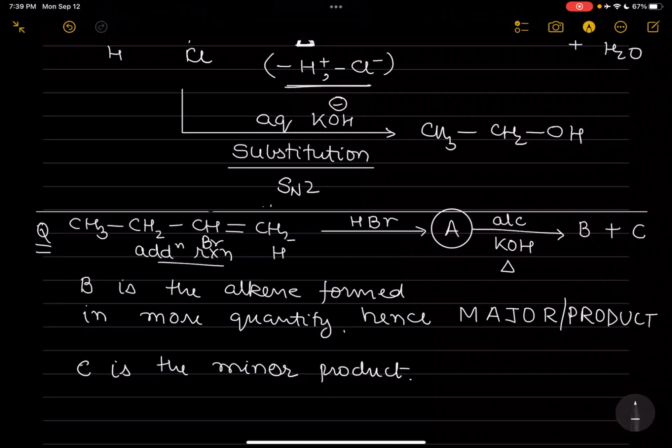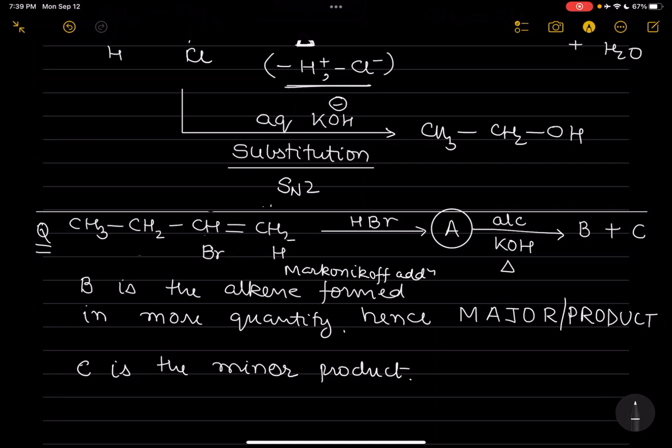So Ryan, Anushka and Imad, under which name does this rule come? Sir, Markovnikov. Yeah, it is Markovnikov addition, right? Yes, sir. So Imad, can you recall Markovnikov addition? It's Markovnikov rule and Markovnikov addition, which is governed by Markovnikov rule, which says